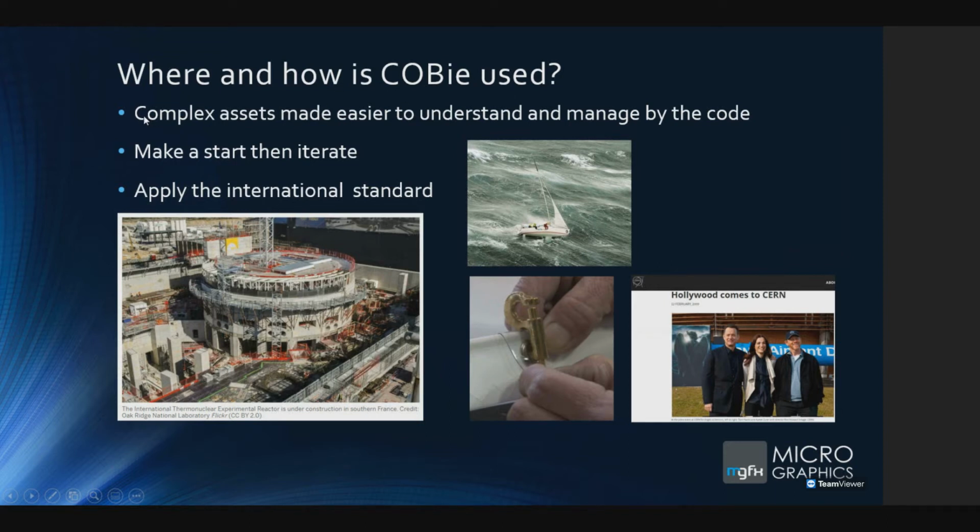So how's COBie used? Well, it's used to make complex assets easier to understand and to manage by the code. And it's great to make a start. Some guys in the industry, when they see that COBie is a deliverable, then they try and get out of it. I would say rather have a go and see if you can incorporate COBie into the building, because if you make a start, then you can iterate onto the next project and become better at this process, and then just apply the international standard. So what COBie would do, I just use this analogy of a